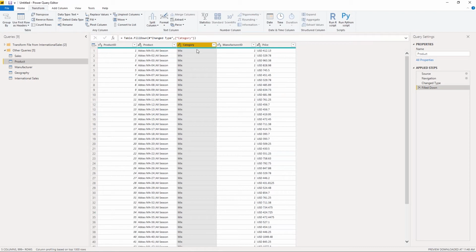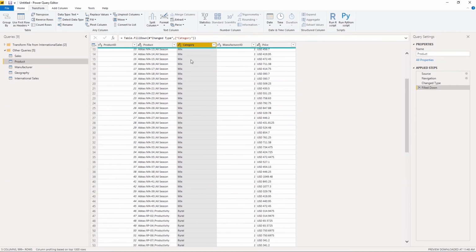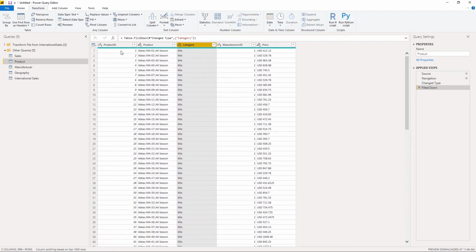You'll see here what Power Query in this instance has done is it's filled all of those null values with the value that was before it in the list. So now we've got all of our categories filled in instead of having those null values. That's just a simple way to complete your data set so that you can have good data